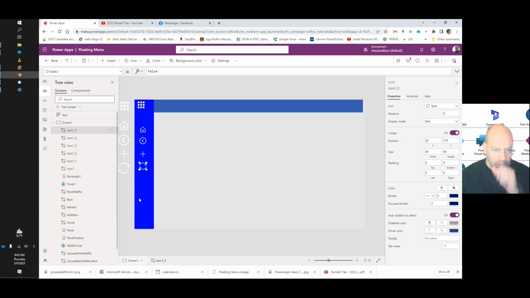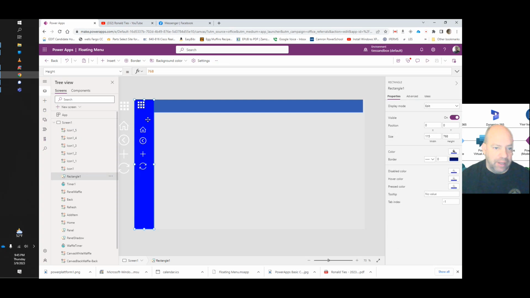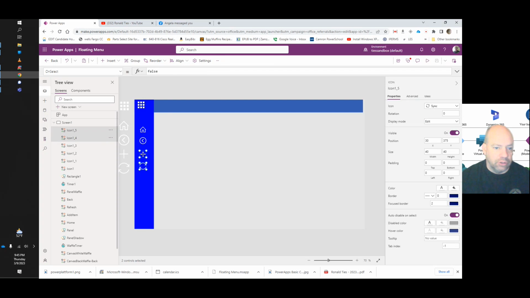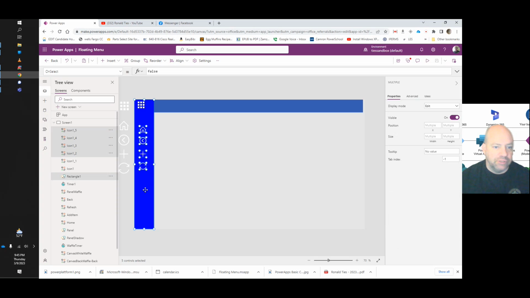Now, in order to make this work right, our icons need to move in unison with our panel. So what we're going to do is select the panel. Actually, let's do the buttons first. We're going to control click all the stuff that's going to be the same, and our two waffles, right? We are now going to go down to the X